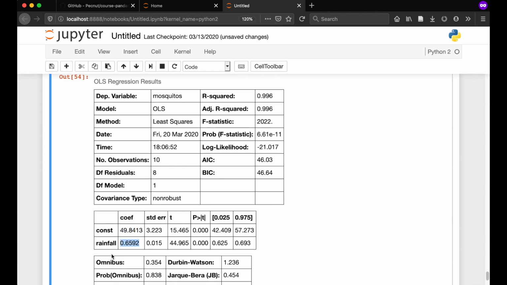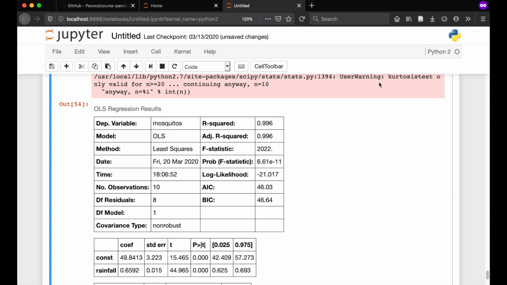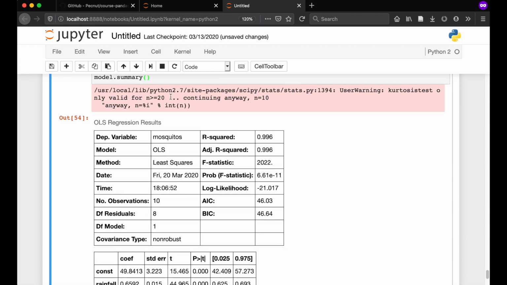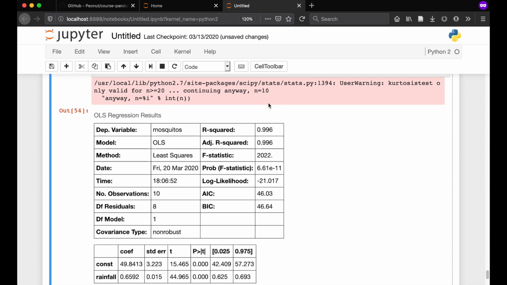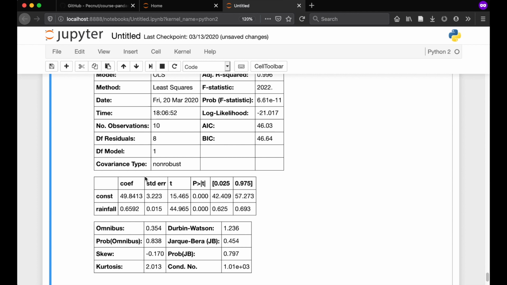These are the coefficients of the straight line that we could draw through it if we did the OLS analysis here. The red box is because it tells you the kurtosis test is only valid for n greater than or equal to 20. Of course, data only has 10 data points, which is what it's telling you here. This big data box also contains some kurtosis and skew measures and some other bits and pieces. However, we're only interested in these things here, and so the straight